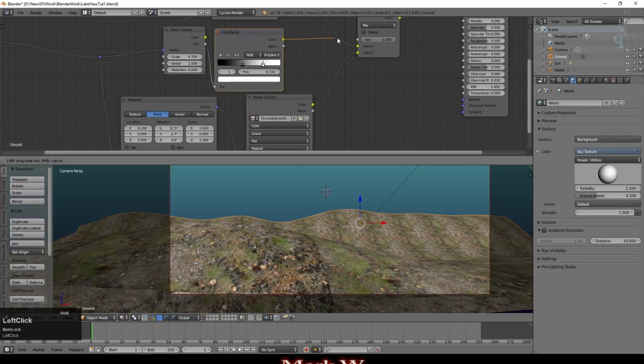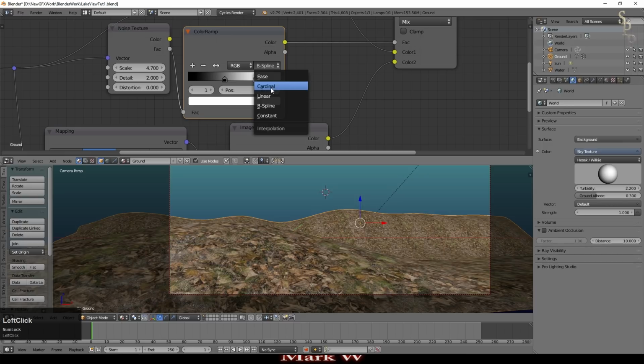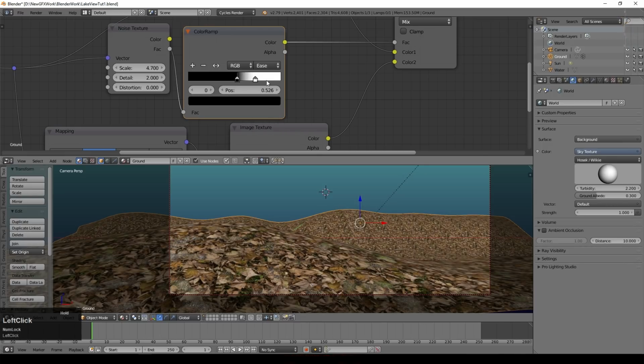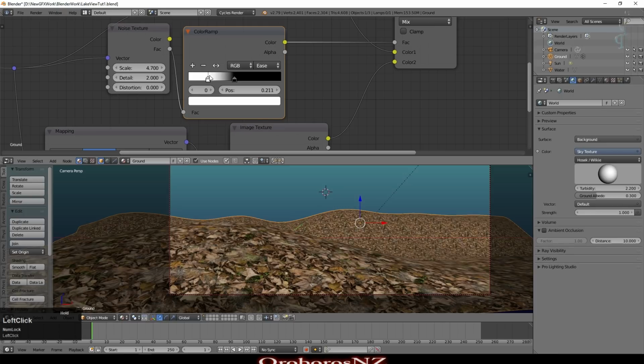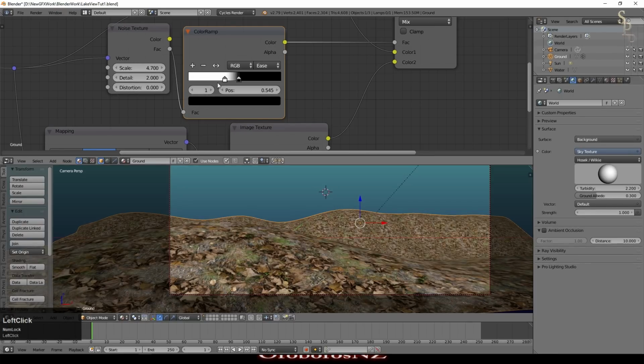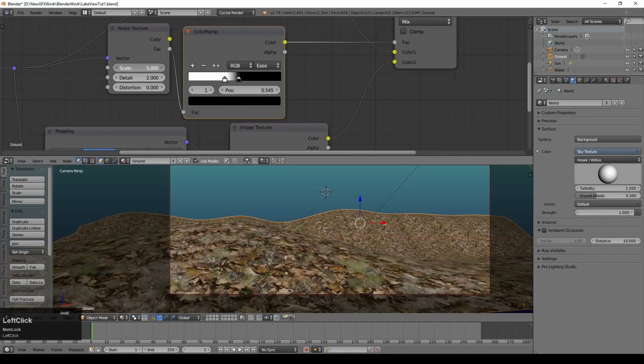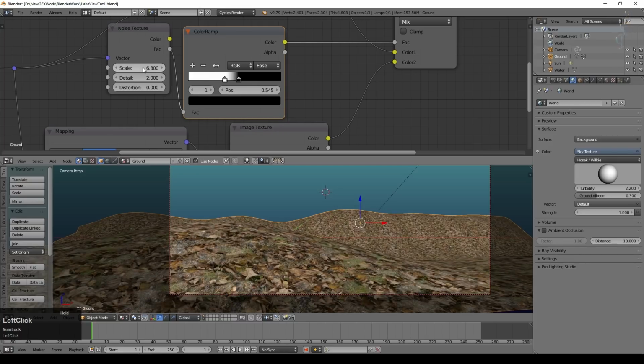So let's control that with our random again. And I think we'll go to ease for our method. Obviously the lines are still there. You're never going to get rid of them completely. But you can see you can start to adjust just how visible they are. And it adds a different pattern to sort of deceive the eye as to what's continuous and what isn't. It's important that the two images don't completely line up. There's still a slight evidence of the lines there, but that doesn't matter because we've got more particles and what have you to go on top of that.